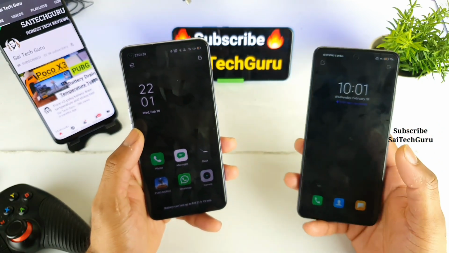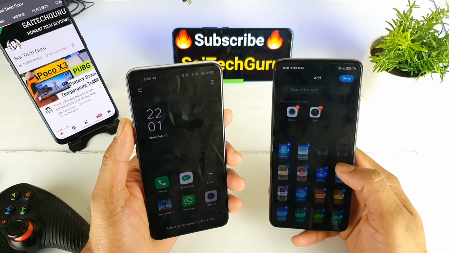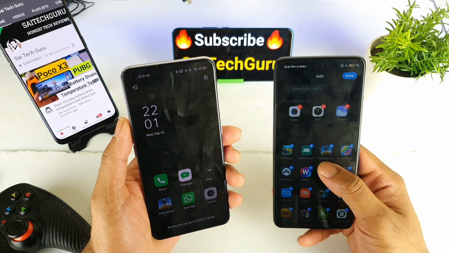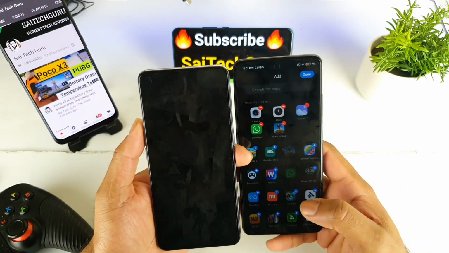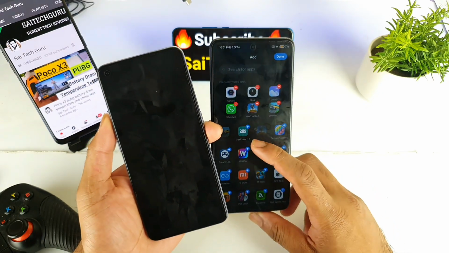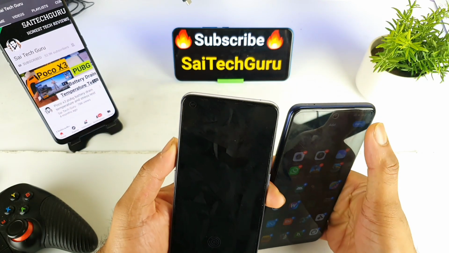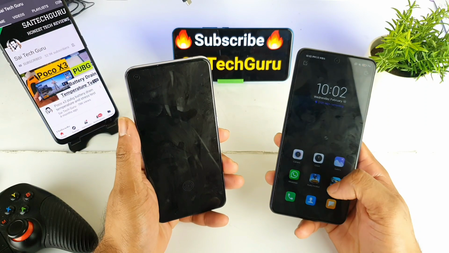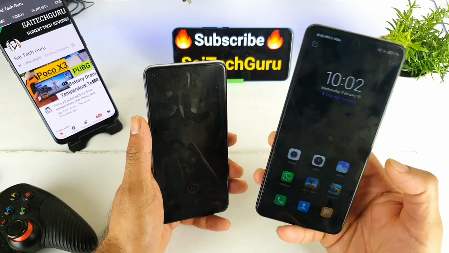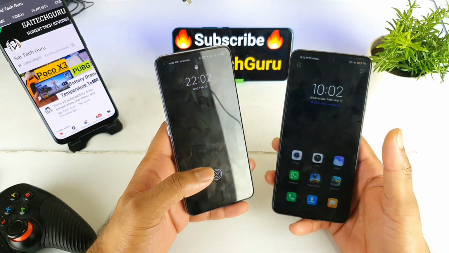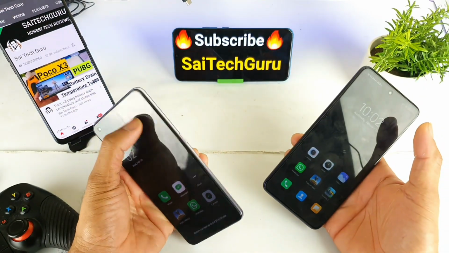The same thing goes for this Mi 10i device. So let me quickly add to the Mi 10i. So I'm trying to add a third-party application. So let me quickly add a few more applications. So you can only add up to 6 applications. So overall 6 applications is what you can select, and 3 applications are there by default, I think at the bottom, as you can see. So overall you are getting about 9 applications you can access when you compare side by side. That's a clear difference.